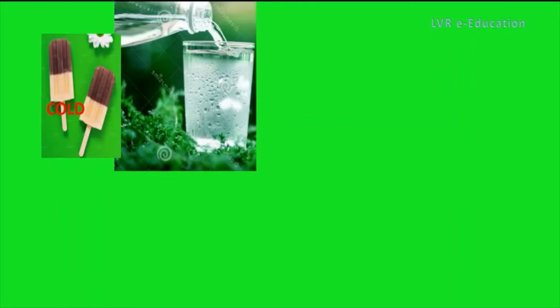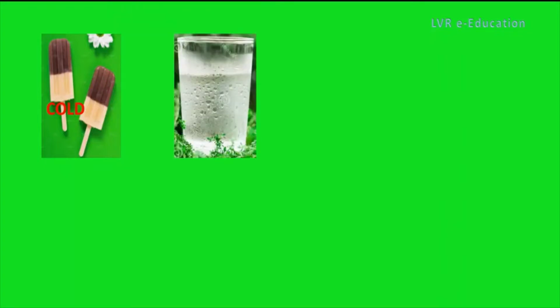First, in order to get some idea about temperature, let's see some daily food items. The first one we see on the screen is ice cream. When we taste the ice cream, what do we feel? Obviously, we feel cool, right? So it is a cold object. In the case of drinking a glass of ice water, again we feel cool, but not as much as in the case of ice cream. So it is slightly cold.